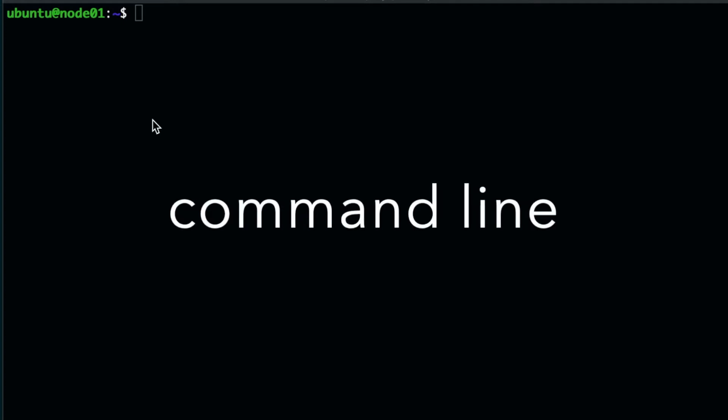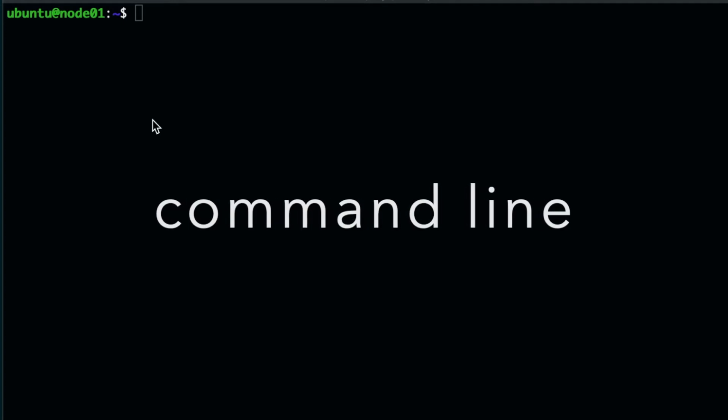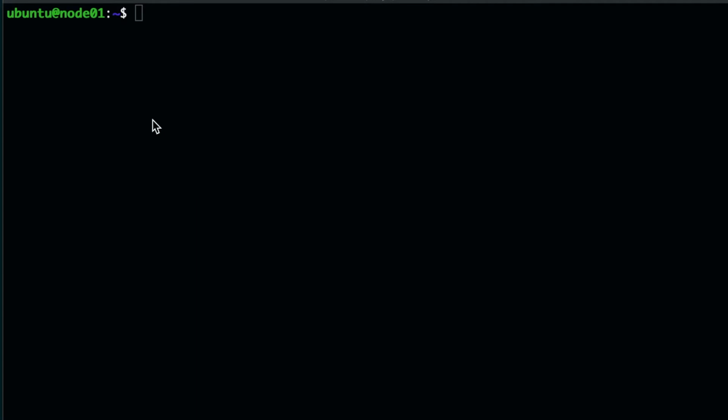Let's talk about what is a command line. Well, you see this dollar, it is called prompt here, which means bash is waiting for your command, for your input. For normal users, we use dollar, but for super users like root, we use hash symbol.